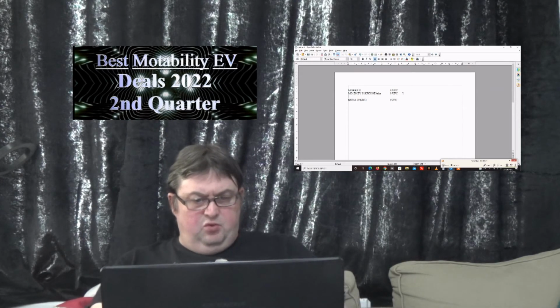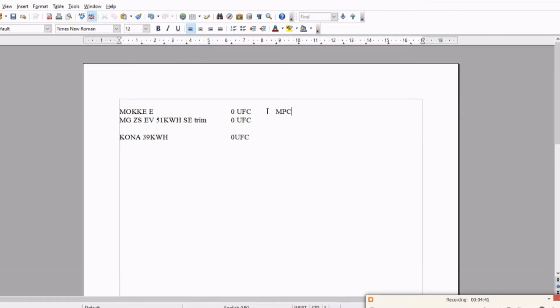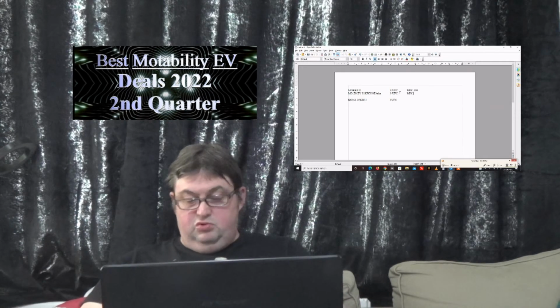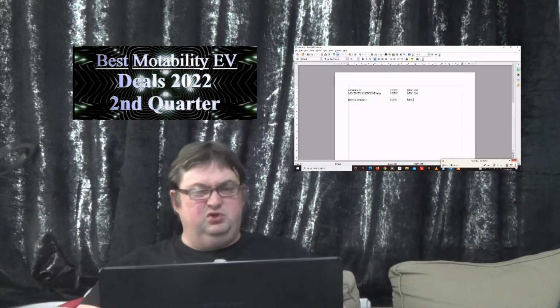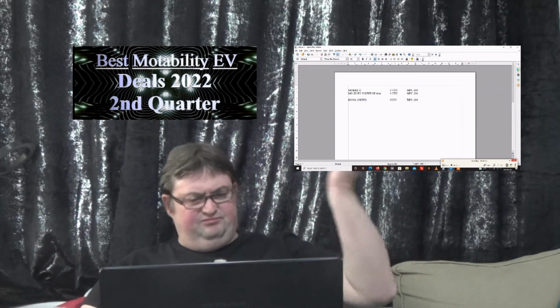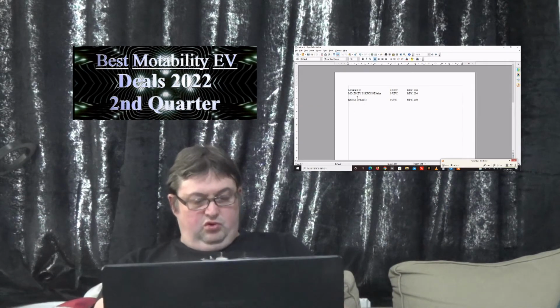And what I'm not putting on here at the moment is miles per charge, so I'll just tab this along with miles per charge, around 200 for these. And next one, around 200, the Kona, miles per charge. They're a little bit less than 200 actually, these. So one's about 180, the other one's 197, thereabouts. Right, so in here we're going to go for the Corsa E,